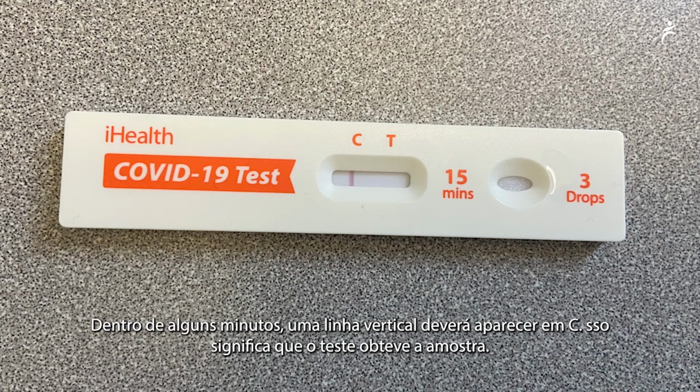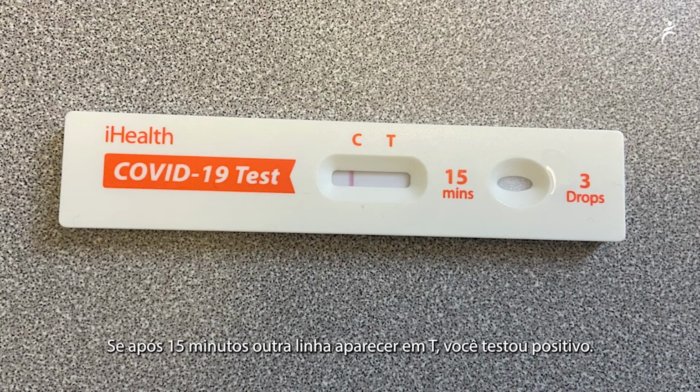While you're waiting, check to make sure a line appears under the C, as this tells you the sample is valid. If no line appears under the T after 15 minutes, then you are presumed negative. If a line does appear under the T, then you are presumed positive and should